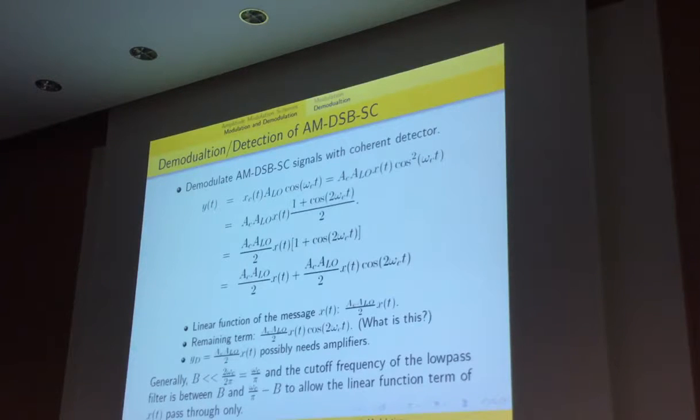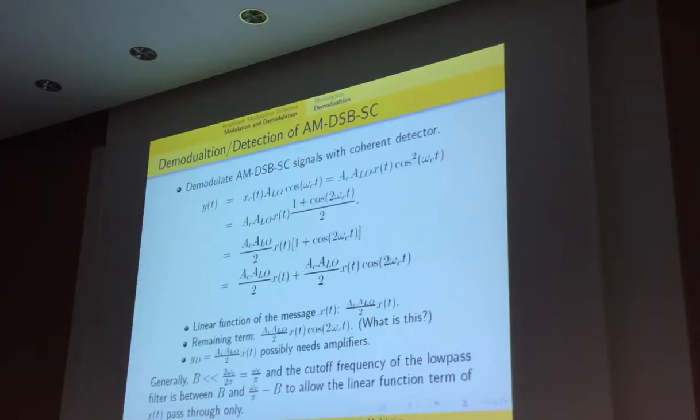Because x_c(t) in this case is simply A_C x(t) times cosine omega_C t, and now we have another cosine omega_C t and A_LO, so we have this one. Again, we have a cosine square term. We use the same trick, so we have this one. Then we expand it,